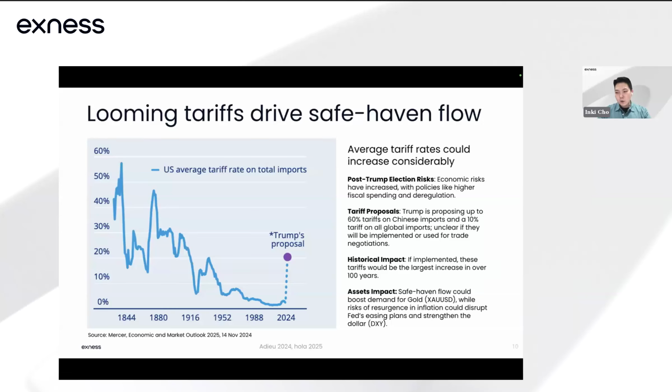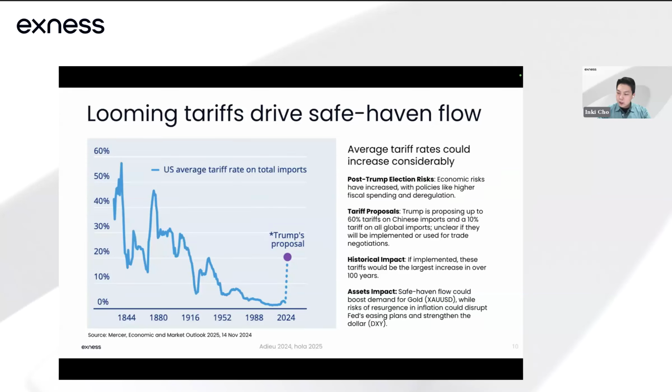And the biggest concern for the market this year will be Trump's presidency and his tariff policy. In a meeting with reporters after taking office in the White House today, he mentioned that he would impose a 25% tariff on Mexico and Canada around next month in February. And this is expected to result in a sharp shift in global trade dynamics and various problems.